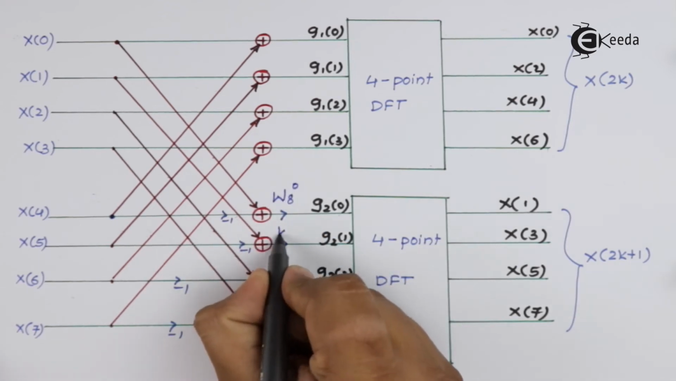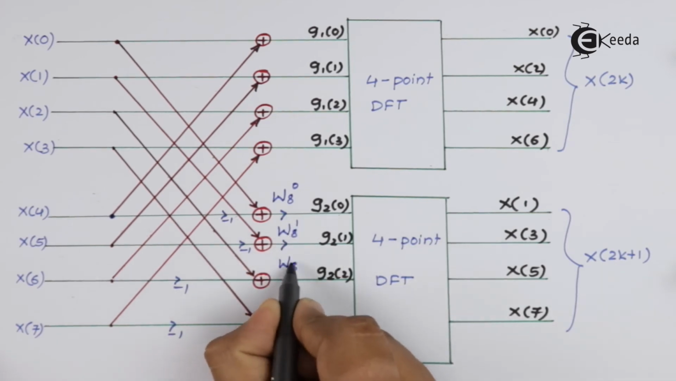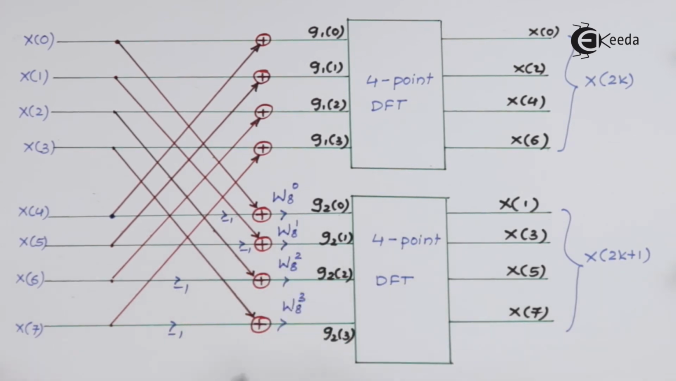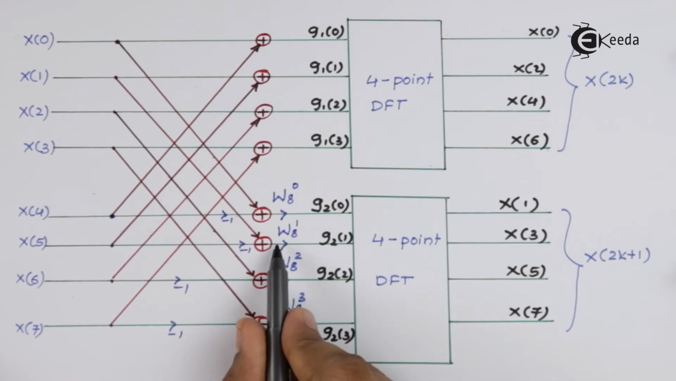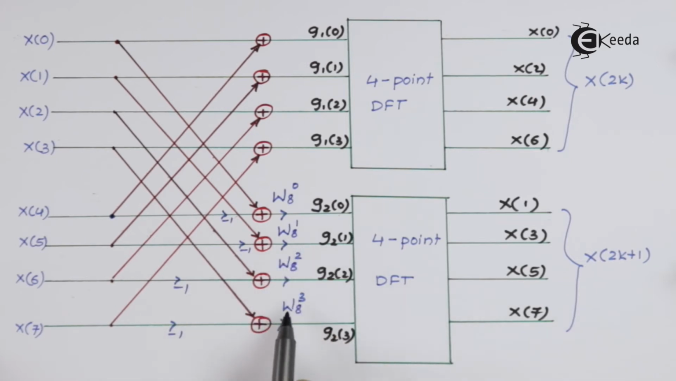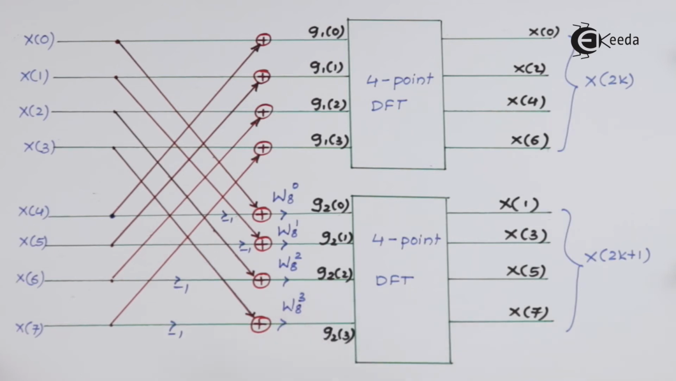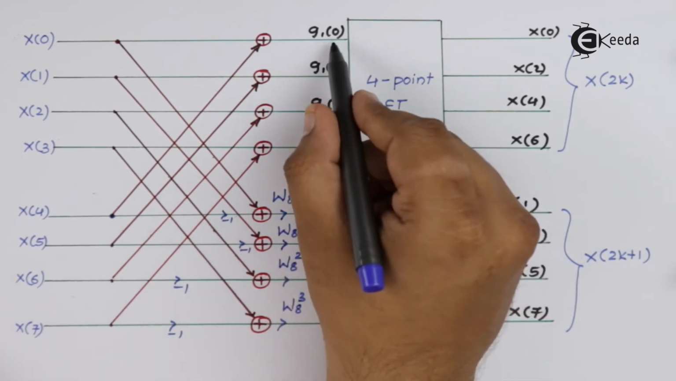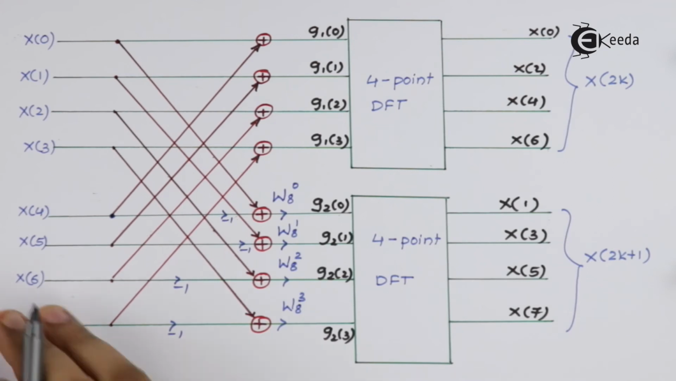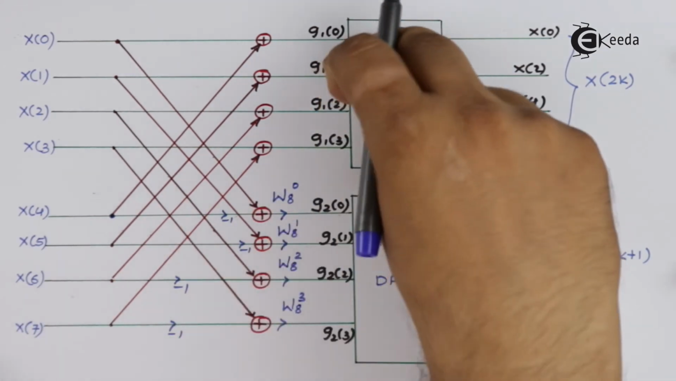Similarly, if I multiply all the results by omega 8 of 1, omega 8 of 2 and omega 8 of 3, then you will get the values of g2 of 1, g2 of 2 and g2 of 3. Now, here we have divided all 8 samples into 4 samples, that is into even block and odd